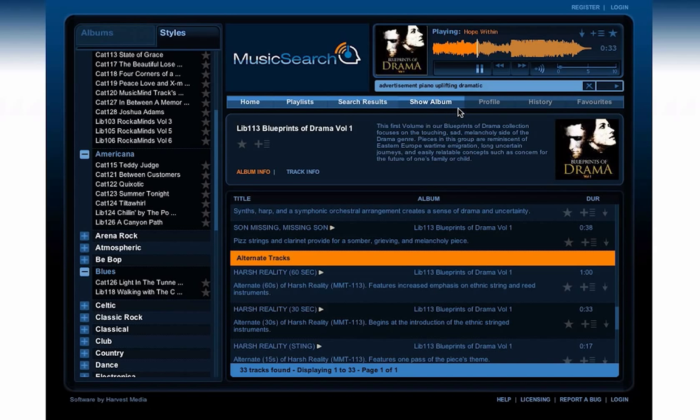For instance, the search from our example, advertisement, piano, uplifting, dramatic, could have been executed by typing jingle, piano, inspirational, emotional, or commercial, piano, inspiring, tension, where the only constant is the word piano, as that's the instrument